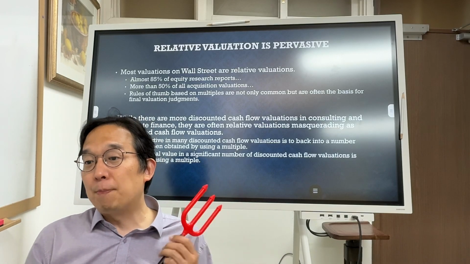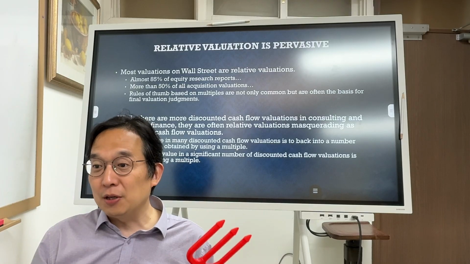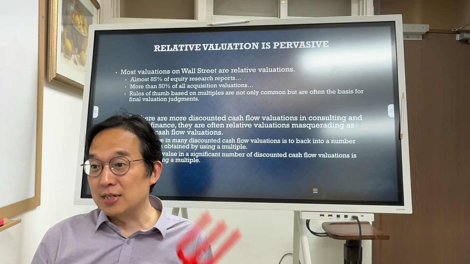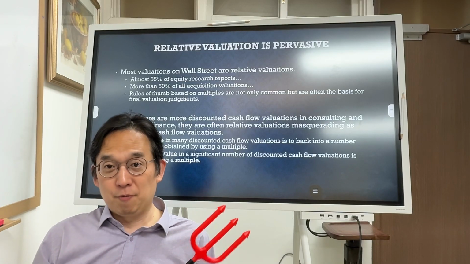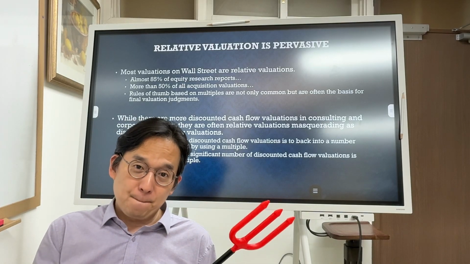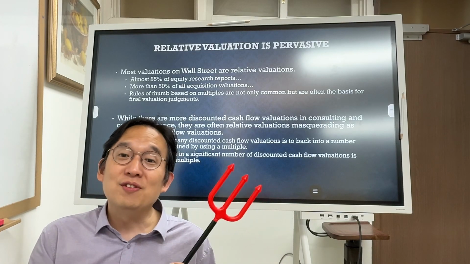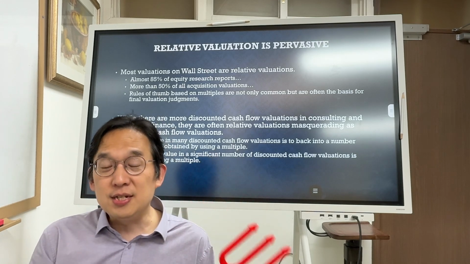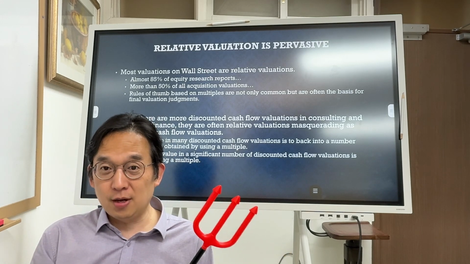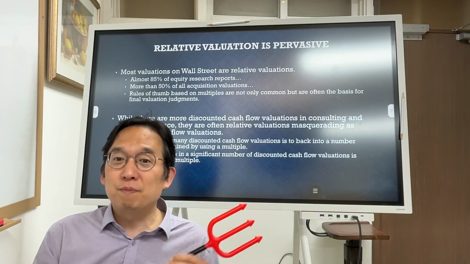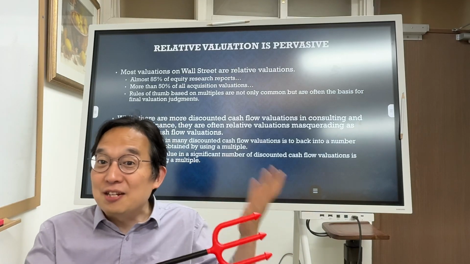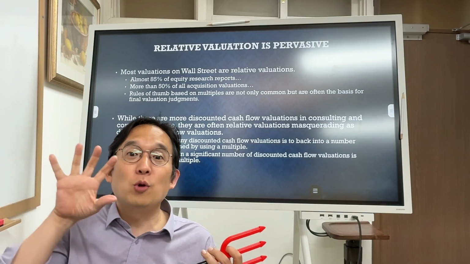And the point is the terminal value, a significant number in discounted valuation, is estimated using a multiple. Remember, terminal value takes up almost 90% of your DCF valuation number. And that terminal value, well, in the textbook case that I just explained, I used the Gordon growth model,